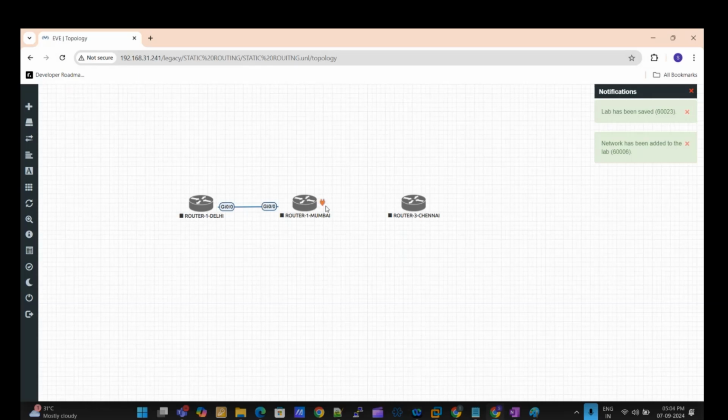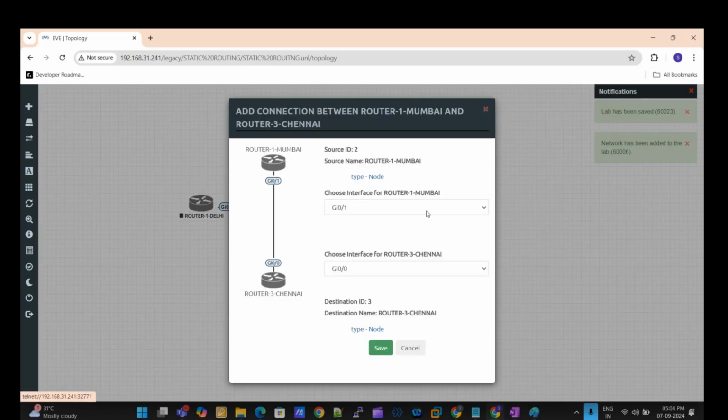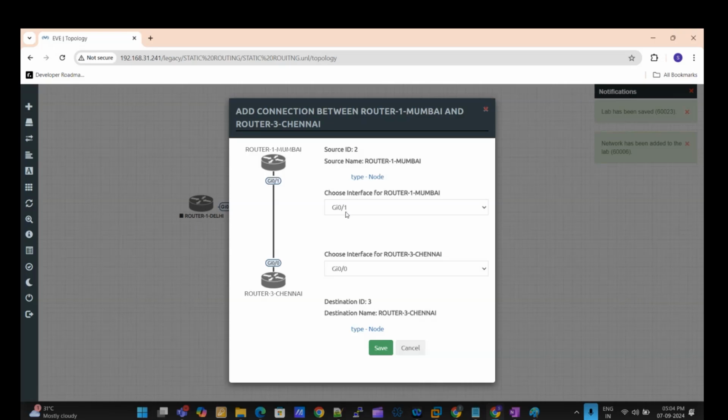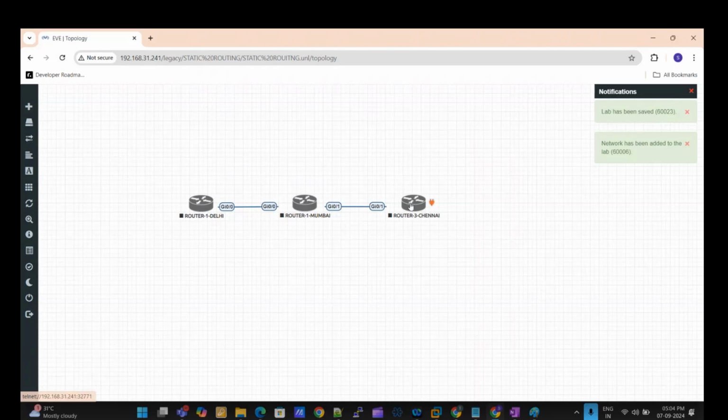I'll use the interface GA0/1 here, and here also I'll use 0/1. I can use any of the interfaces which is available. For my easier understanding, I'm using GA0/1. Here too, I'm using GA0/1. Usually in a lab scenario, we